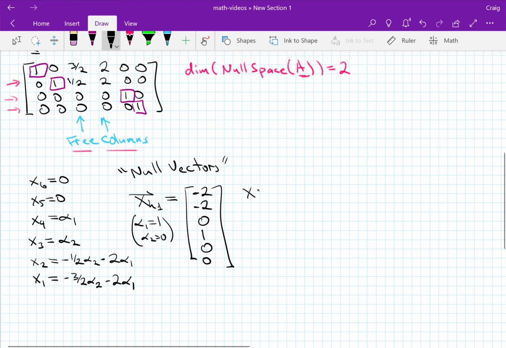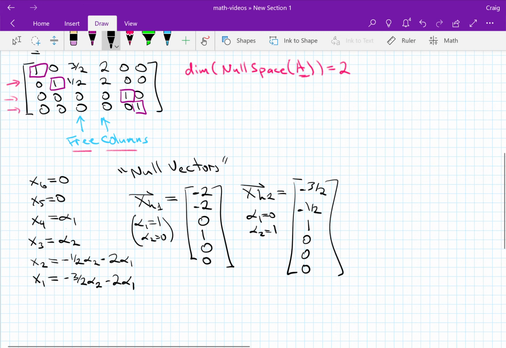And then we can ask about the other null vector, x homo 2. In this case, we take alpha 1 equal to 0 and alpha 2 equal to 1, and so we have minus 3/2, minus 1/2, 1, 0, 0, 0. Okay, and you can verify that if we act on the vector x with the matrix A,